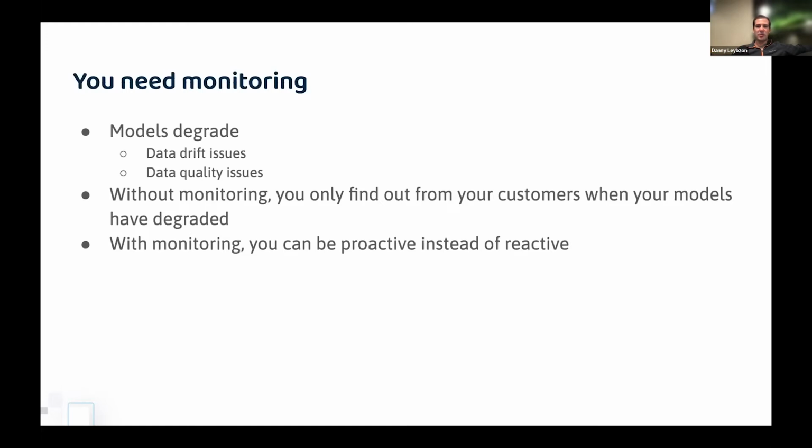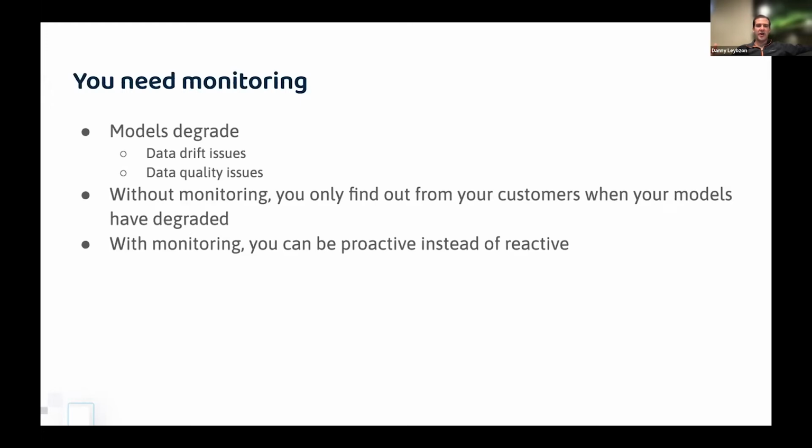Now, this is really valuable because it impacts your customer's user experience, be it your customer who's interacting with your application, or somebody else within your own business who needs your machine learning predictions for something valuable, whoever it might be. You want to be able to service your customer effectively. And what that means is you need to monitor your model.